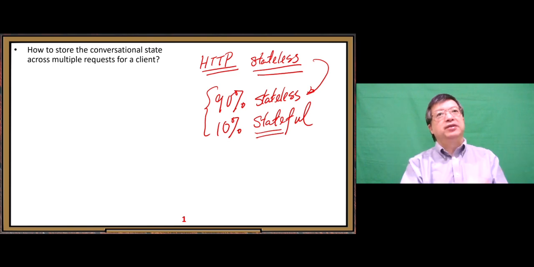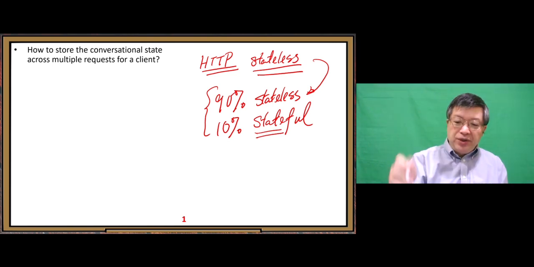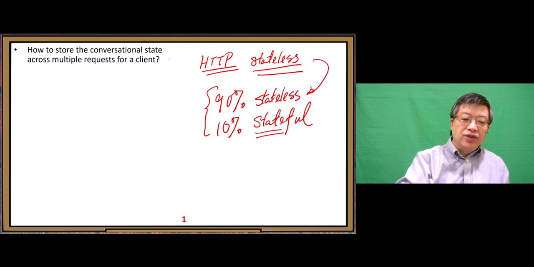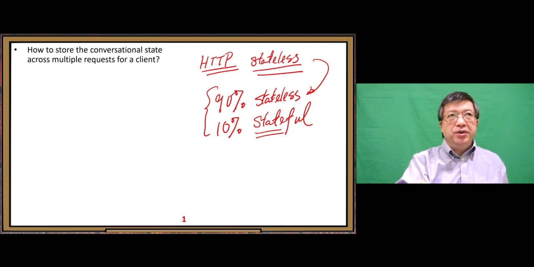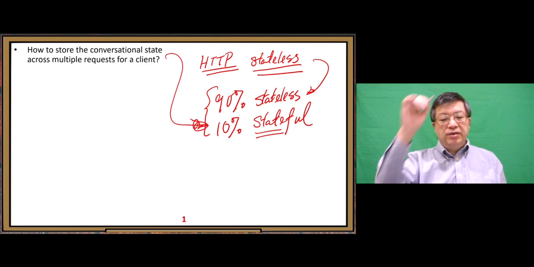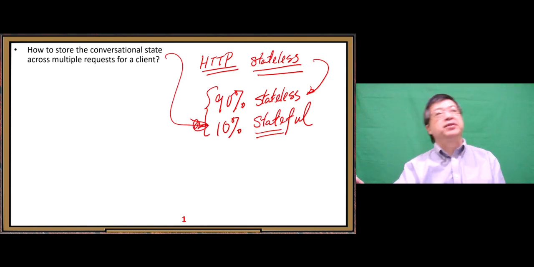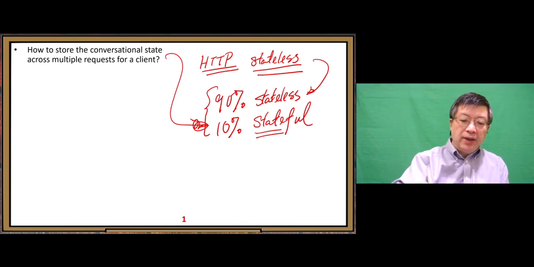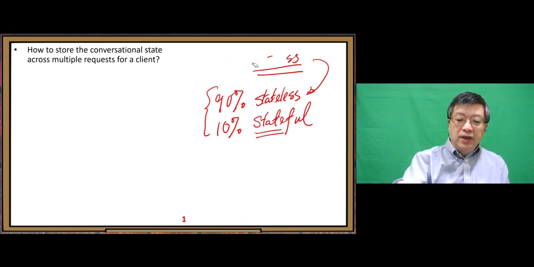So that's the background. So now we need to do this part. We need to use this new technology, the session management, to do that 10%. All right. So let's